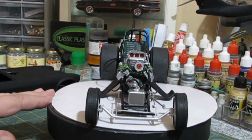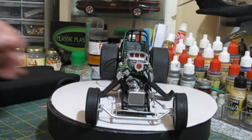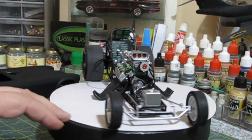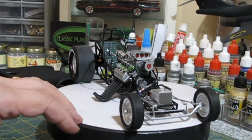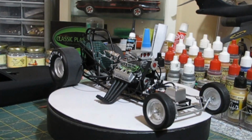That was all done with a Vallejo chrome silver and my Prismacolor marker. Kind of a little bit of both. Trying to vary up the tones there on the front. The gas tank, that's Krylon chrome plating. And oil filters are copper. Full cart copper,